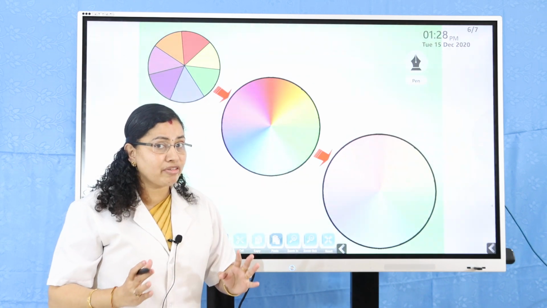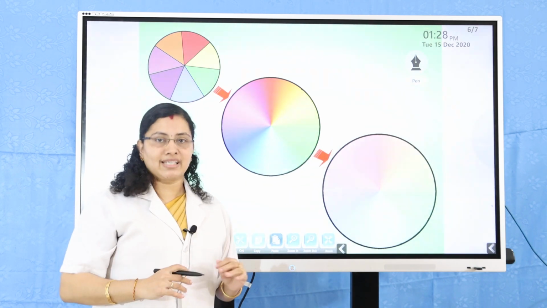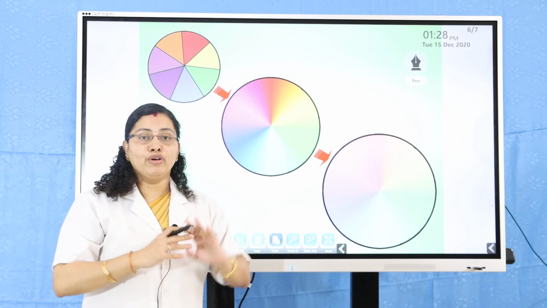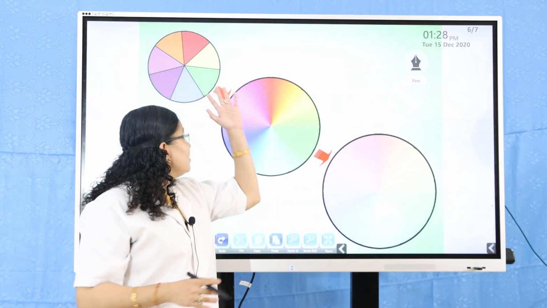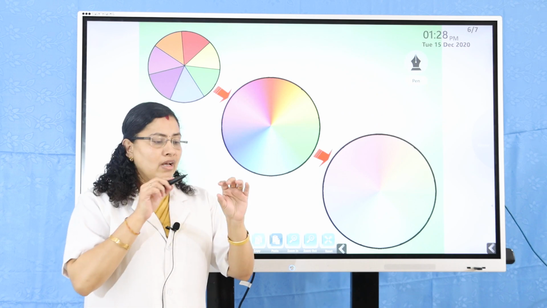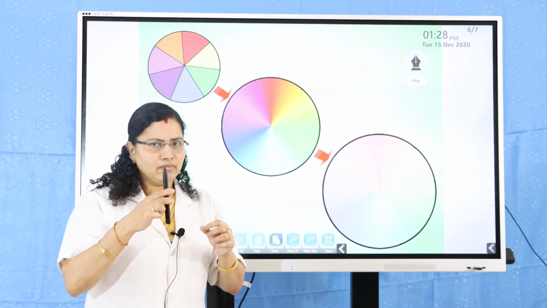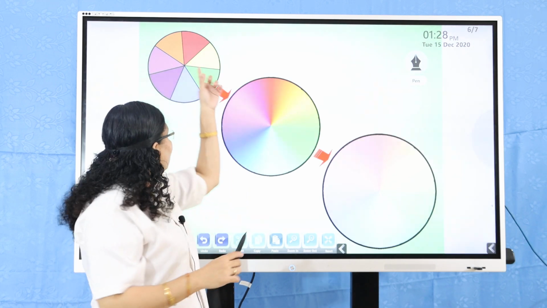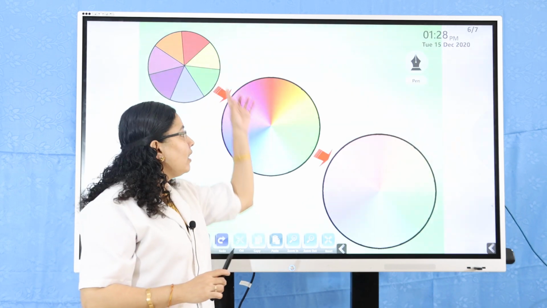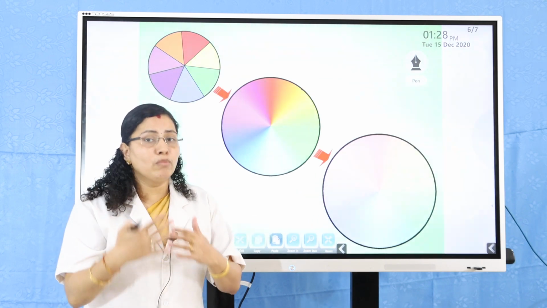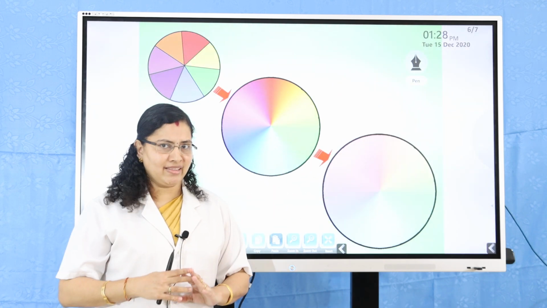So what you understood is that these 7 colors can bring a white color, or white light is a mixture of these 7 colors. You got it back with the help of a Newton's disc. If you have a hole at the center, take a pencil or a refill and make it rotate freely. As you move it faster and faster, you can see the mixing of colors, and finally you will get the white color. All of you can try this.